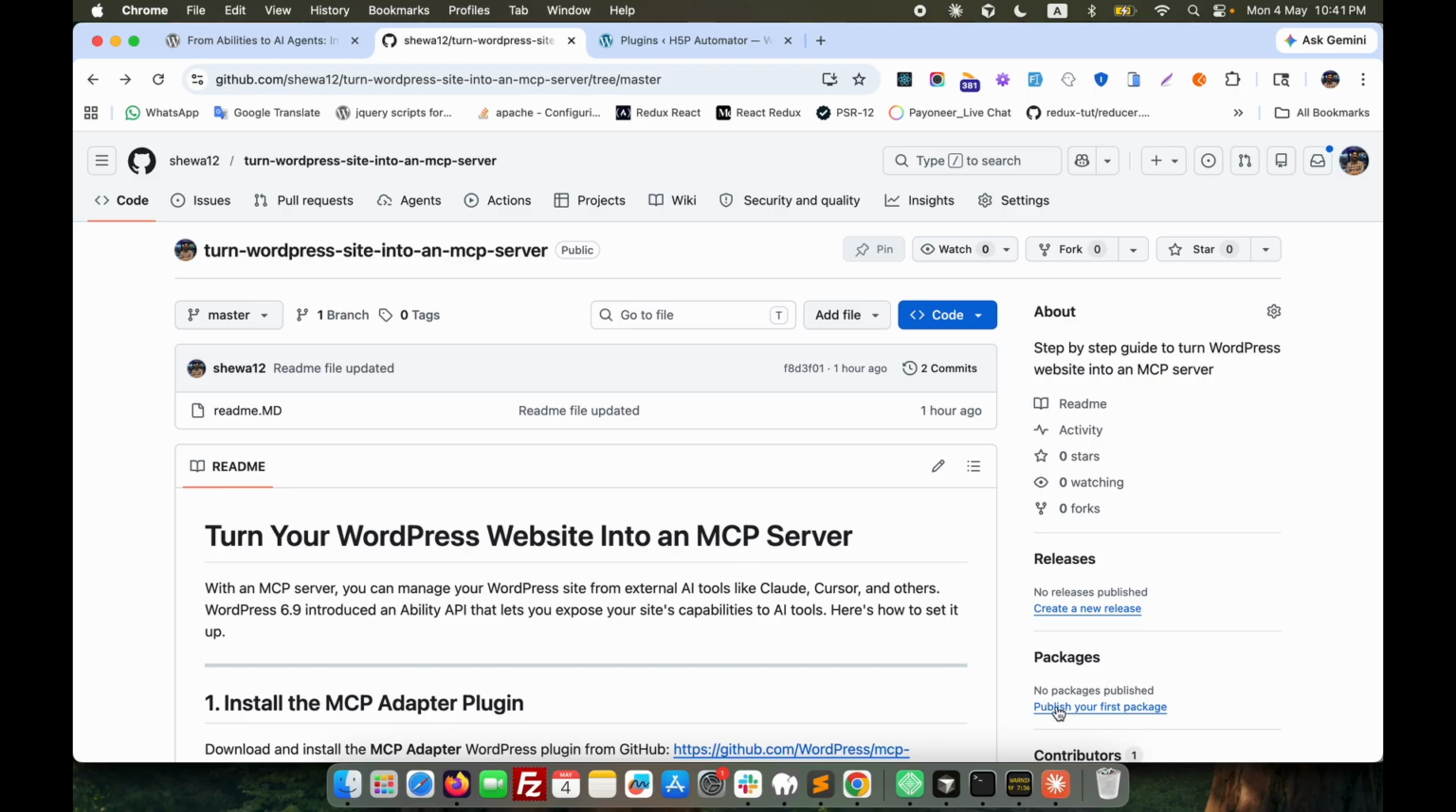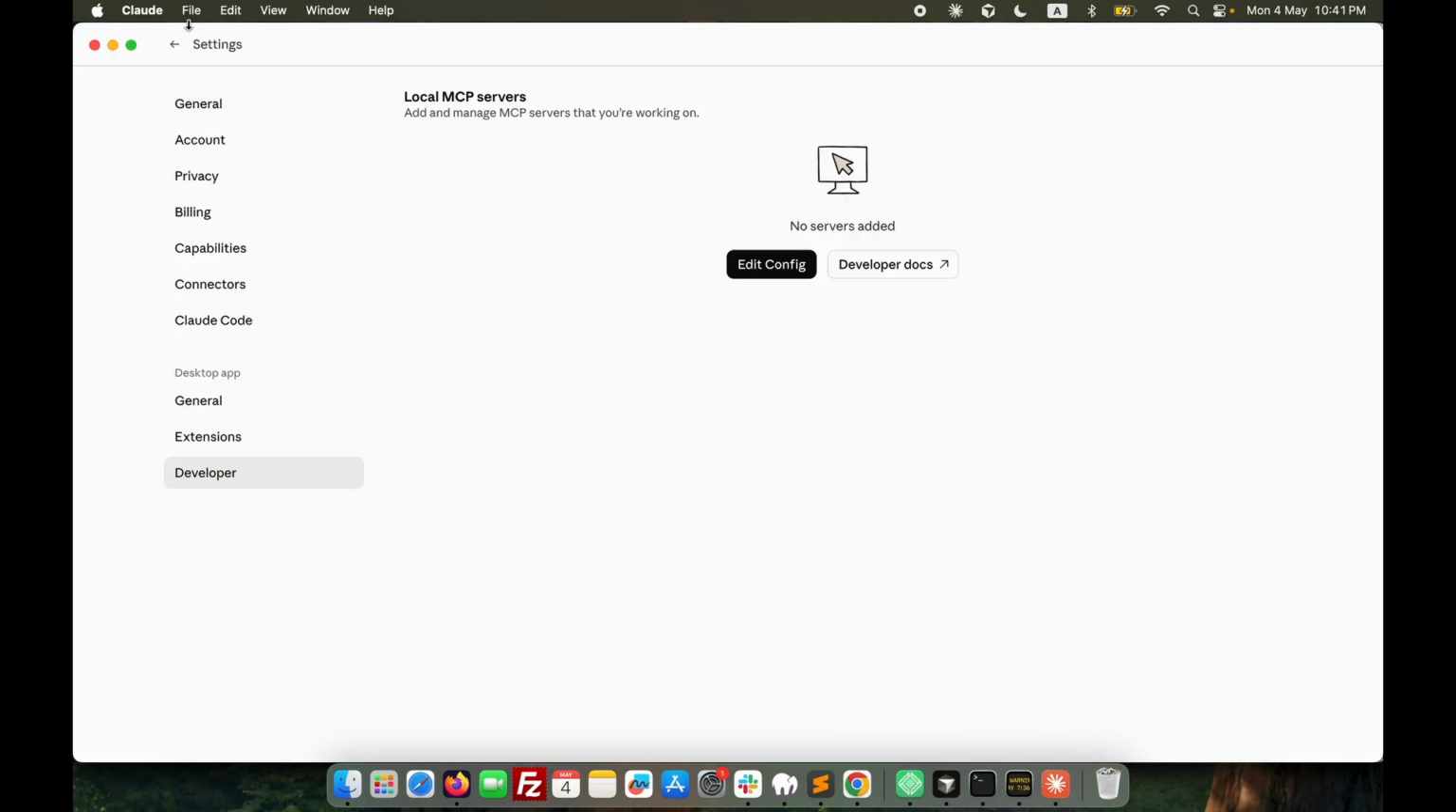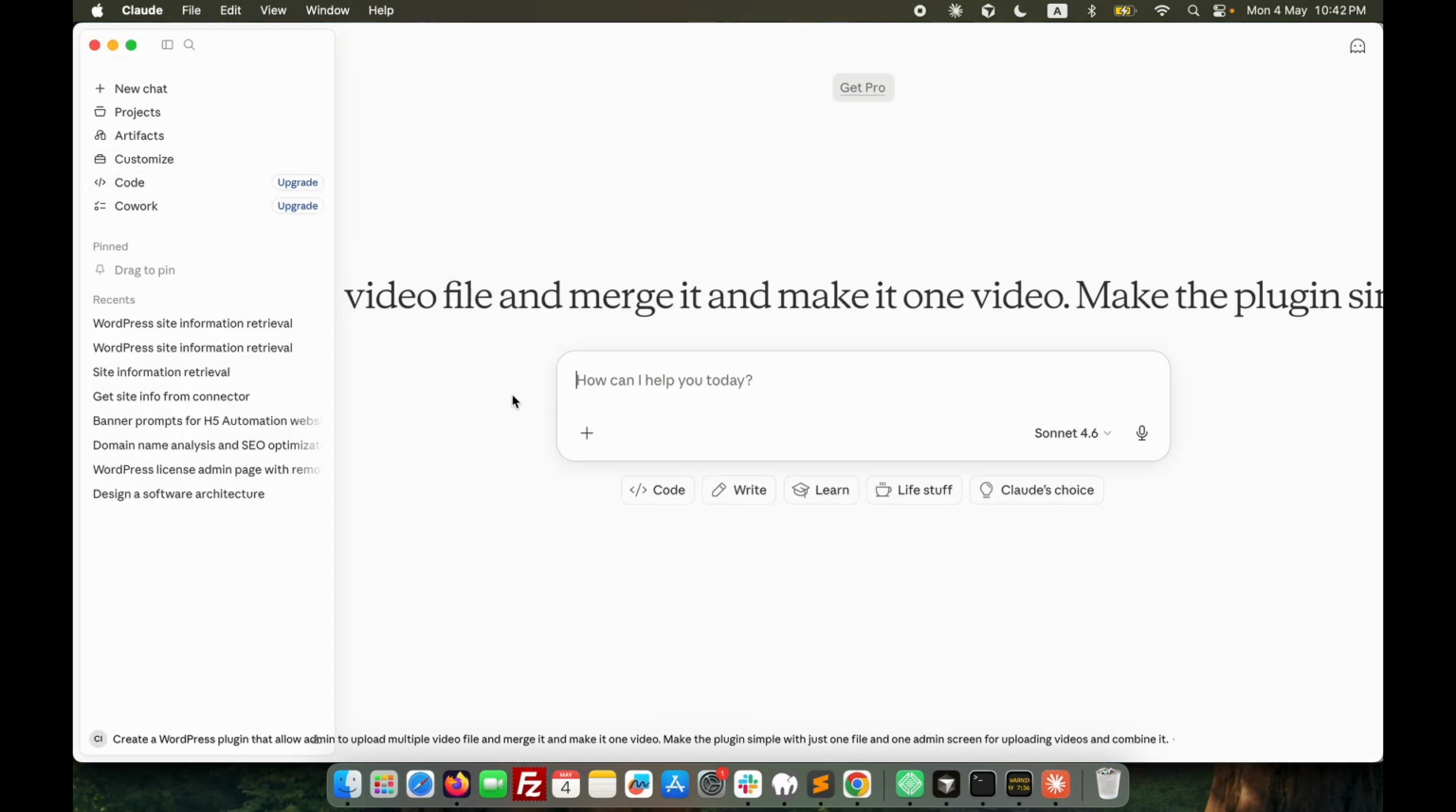For example, if I open Claude, open a new chat, and ask it to get the site information from my website, Claude would not be able to understand what my website is. So to make Claude talk with my website, we need this MCP server. So here the MCP server comes, and in WordPress